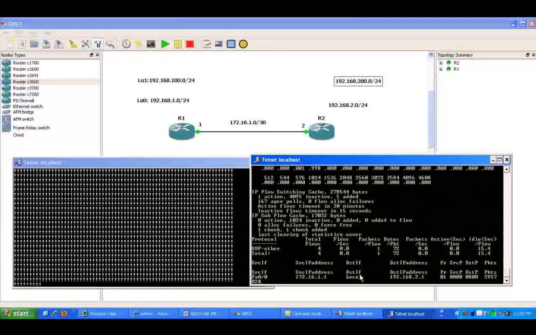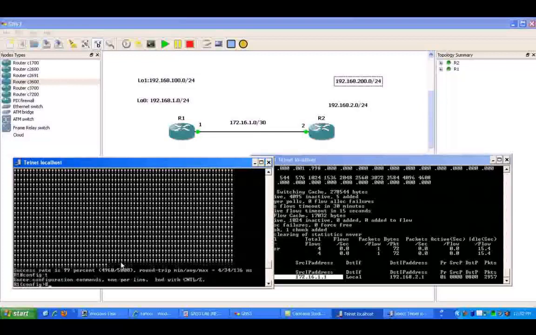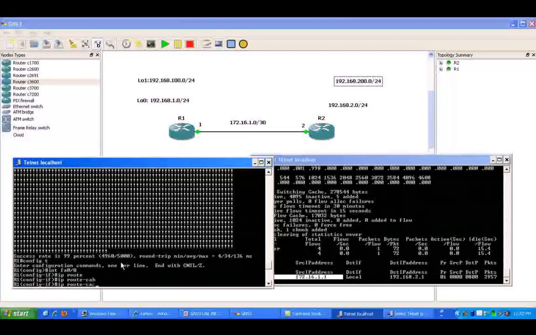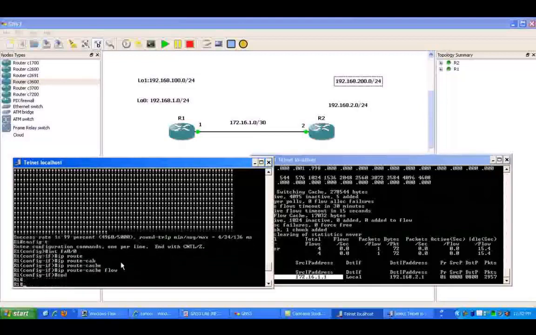So, sorry about that misleading information. I apologize for that. We're not going to be able to see traffic on a loopback interface with the ip route-cache flow command. If we go to router 1's interface FastEthernet 0/0 and do an ip route-cache flow on it,